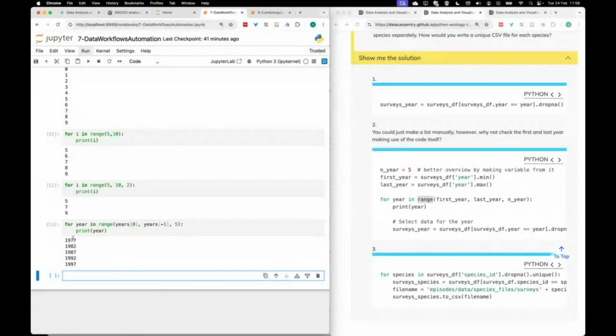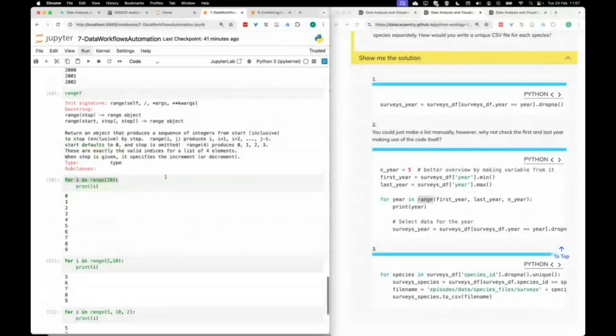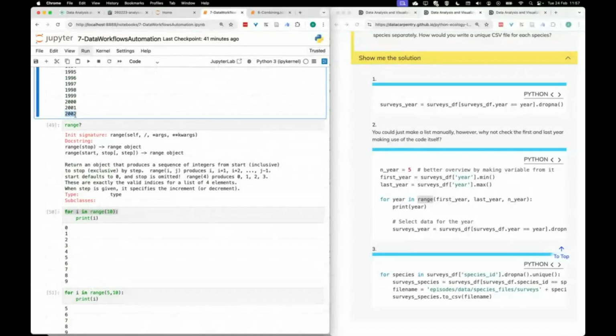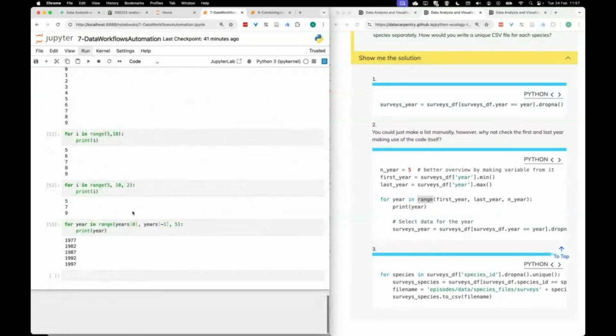Okay, this is something. We've got 1977, and then we skip to 1982 as we want, 1987, 1992, 1997. Actually, we know that we have data for the year 2002, because if you look at this list of years, 2002 is the final year for which we have data, which should be in multiples of 5 because we have 1997 and then plus 5 is 2002. Why is it not included? It's because of this